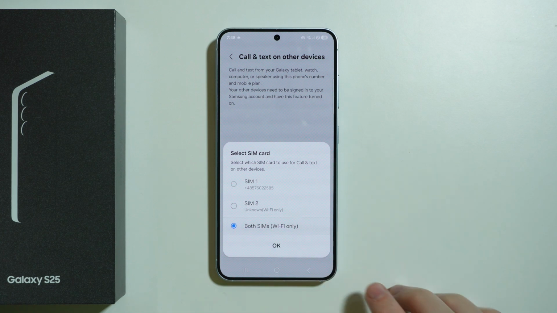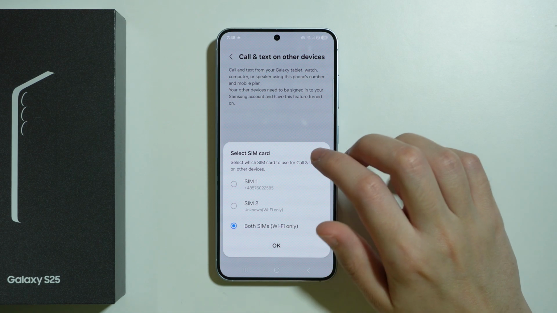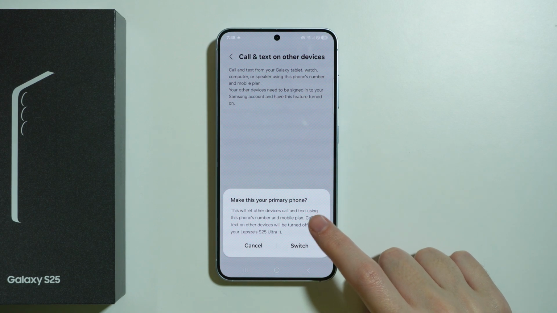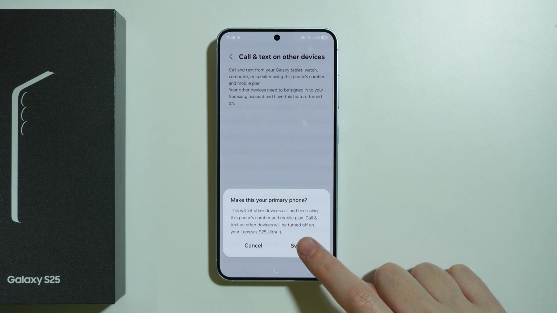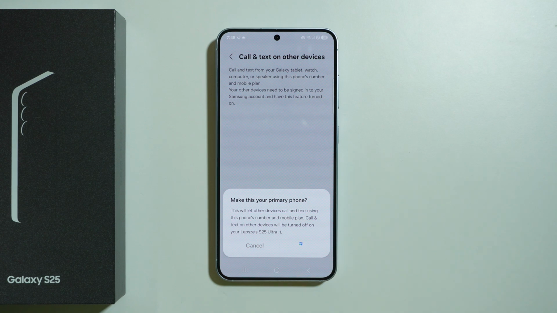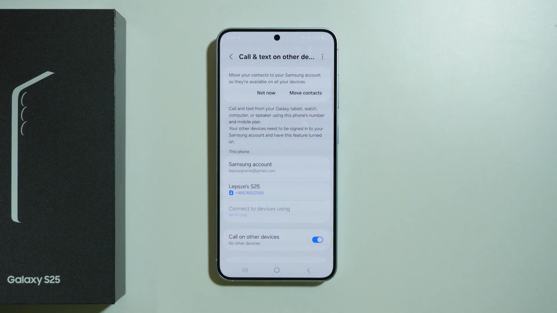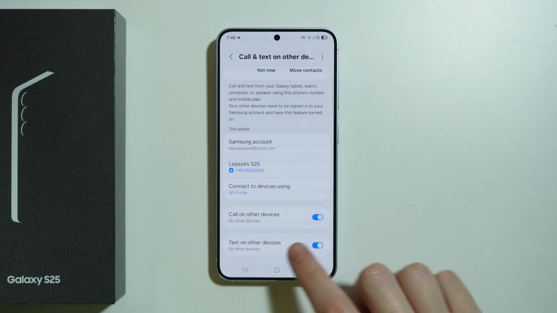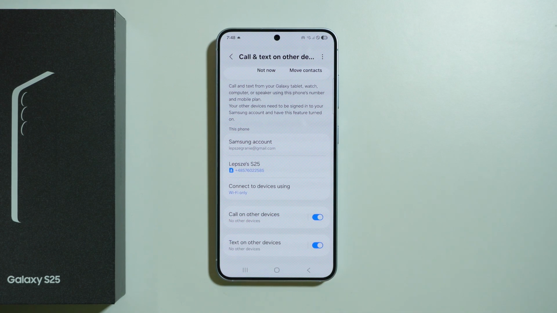You can also choose both SIMs or Wi-Fi only. And then after you press OK, you can set this. You can make this your primary phone. So if this appears, then you want to switch. And there we go. Now over here, we can enable these options: call on other devices and text on other